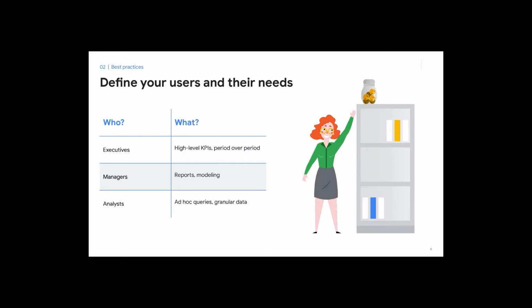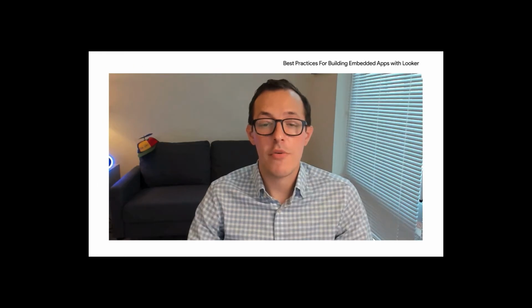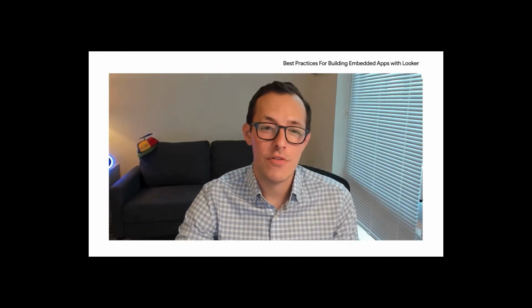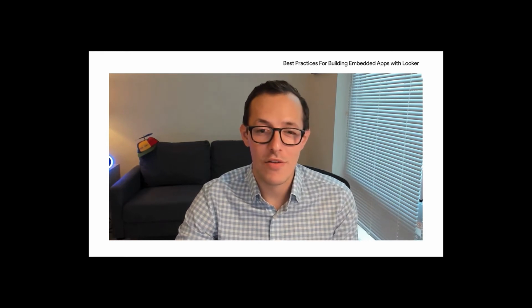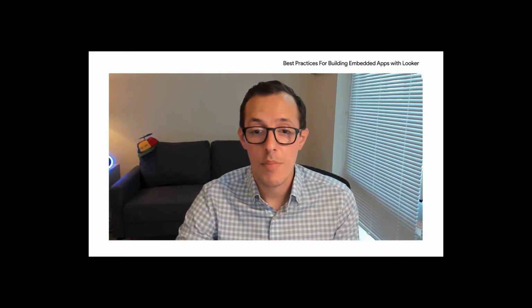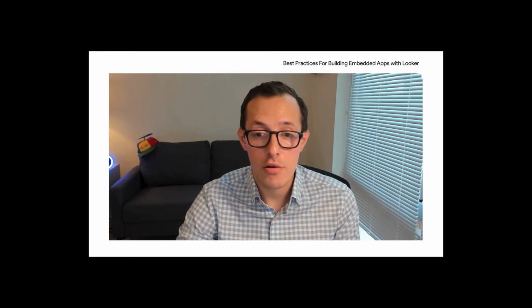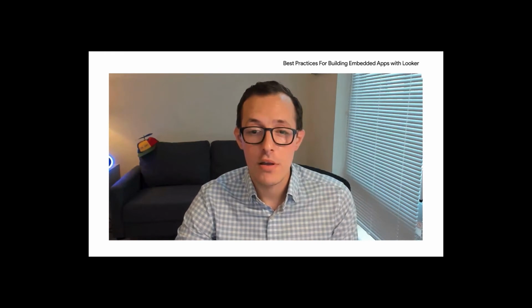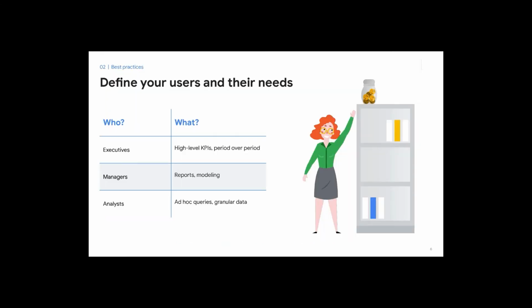It's a common mistake we actually see quite often, where developers or designers fixate on demonstrating the richness of a solution's analytical capabilities. Remember, the majority of your users don't want to see any more than is necessary to meet their objectives. By understanding who your users are and what their specific needs are, you'll be able to better the experience around those needs. So for example, we can lay out 3 different types of users: an executive, a manager,